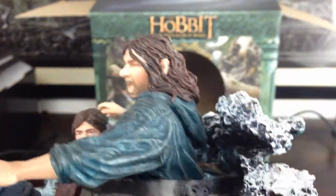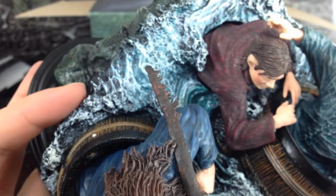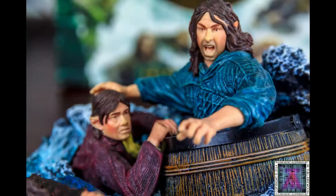Let's move that around a bit. So we've got the barrels, all the foaming waves, the rocks underneath. I just noticed he's got an oak blade in his hand. And there we go. So this is what you get with the Hobbit Desolation of Smaug collector's edition, but